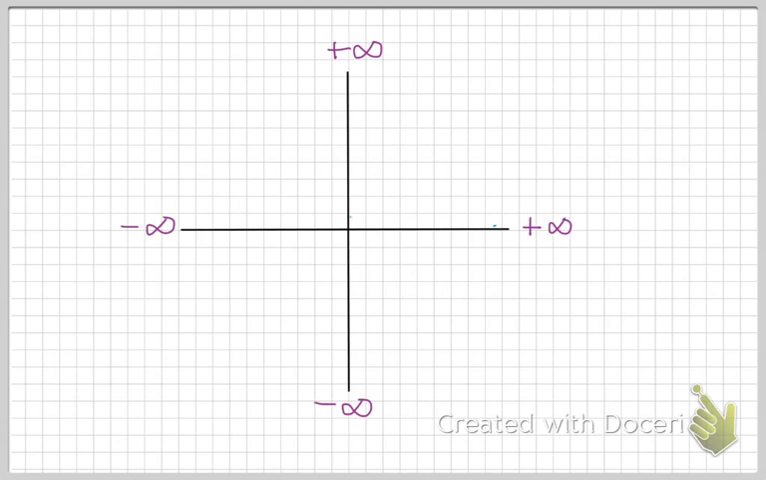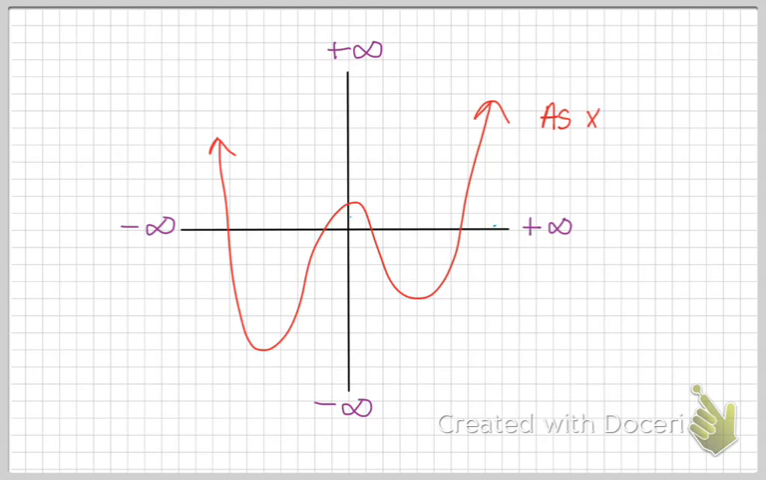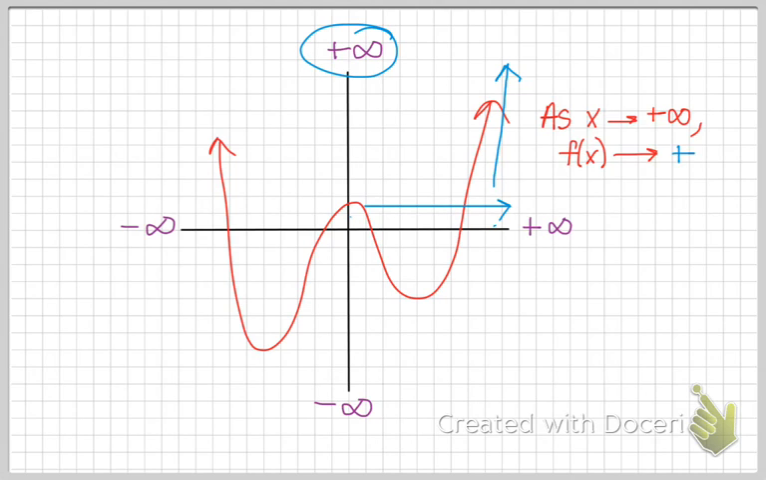If I have a graph, for example, that looks like this, I want to know what happens as my x approaches positive infinity. So I can say as x approaches positive infinity, I want to know what the f of x, or the y value, does. So we're looking here. As my x gets bigger and bigger this way, what is my y value doing? And we can see the arrow's pointing up, so the y value is going up, and it is approaching positive